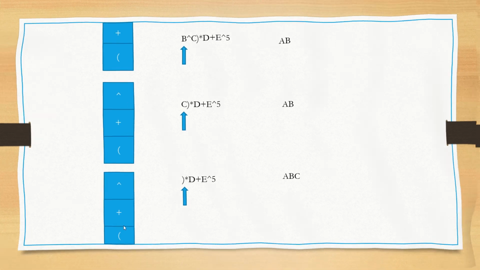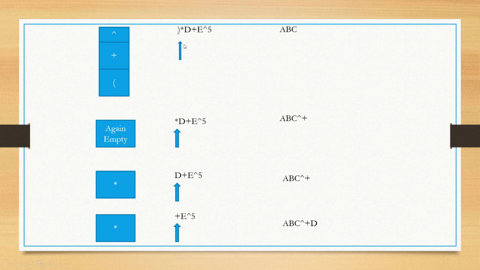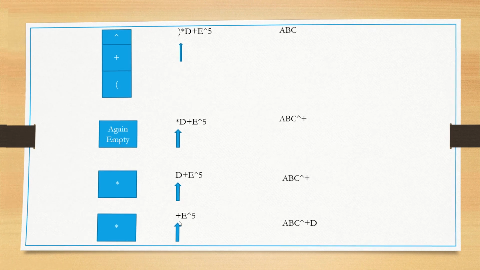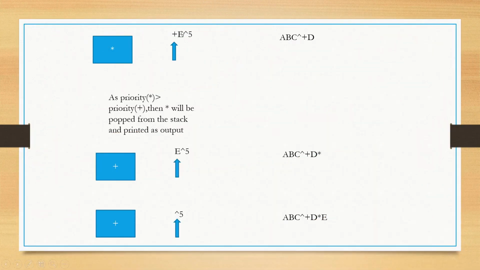all the operators and append them to the output string. The output will be like this. And we again check star, an operator, so we push it to the stack, and D is an operand, so we append D to the output string and check plus. We have to consider this too. Plus and star